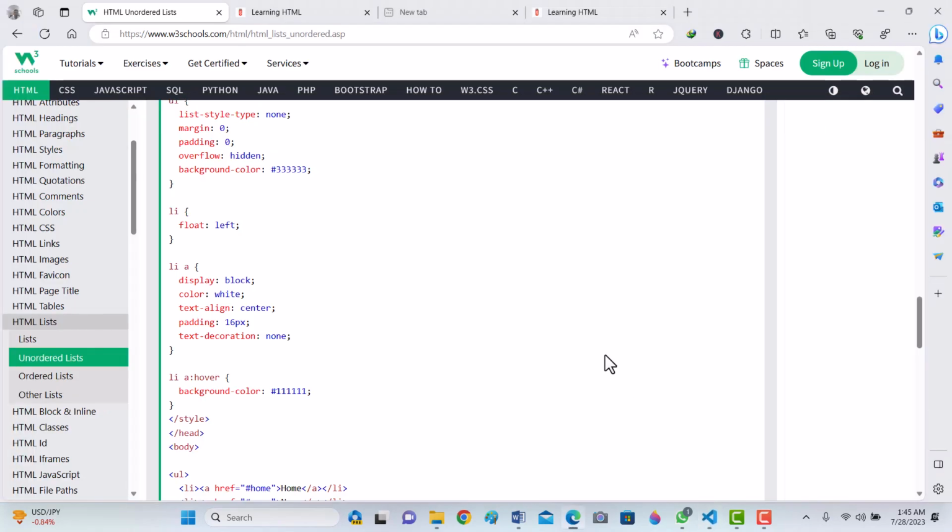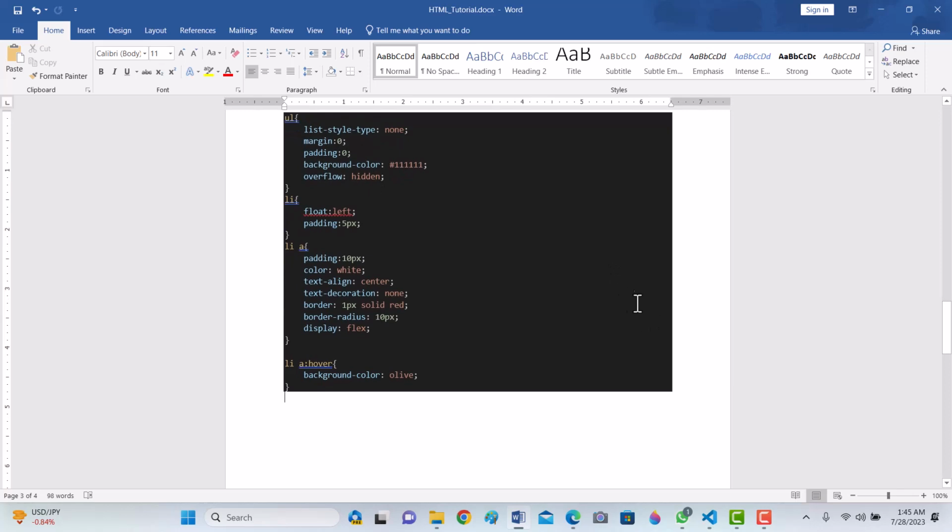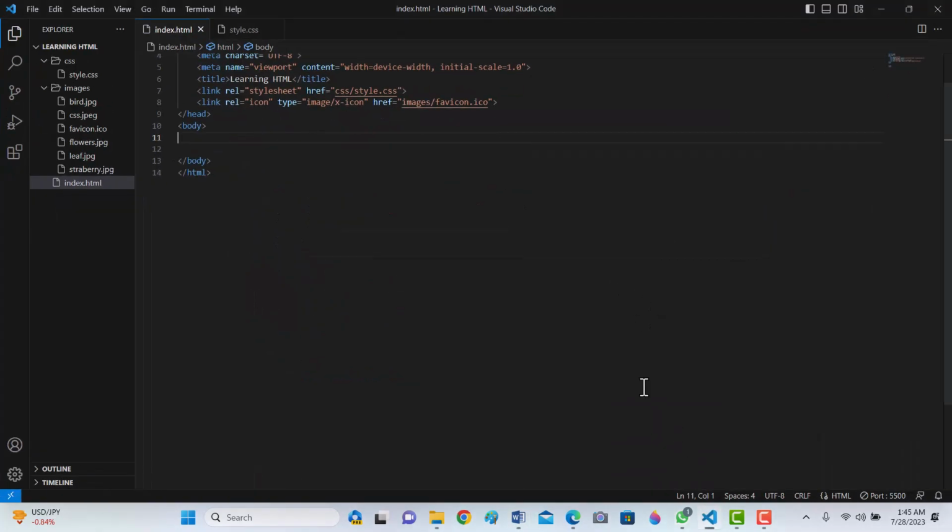In this tutorial of HTML5 and CSS series, we will learn an important topic, list. In every website, in every web application, you will see and you will use list